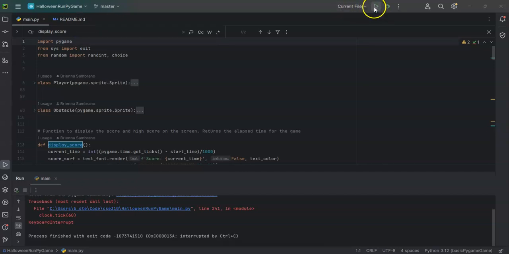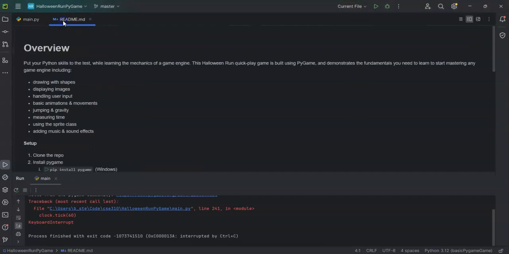Alright, so here we have a simple Pygame Halloween run game. This is a great way to learn the mechanics of a game engine and up your Python skills a little bit. It's built using Pygame, which is a great intro to help you learn fundamentals to start mastering any game engine. And we cover things like drawing with shapes, displaying images, handling user input, basic animations and movements, jumping in